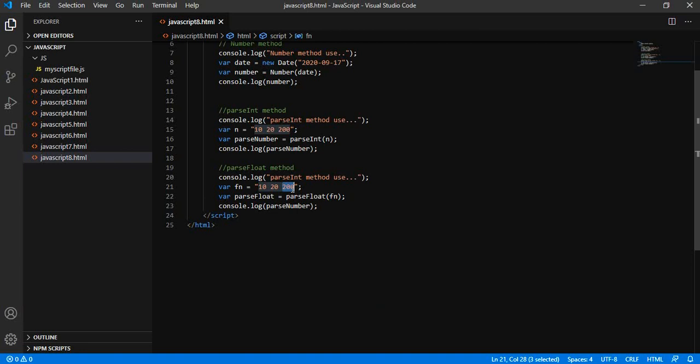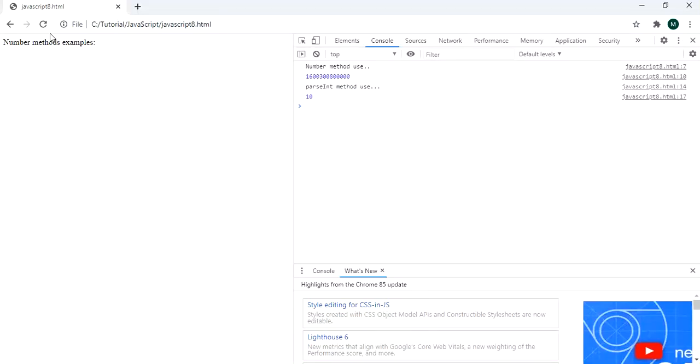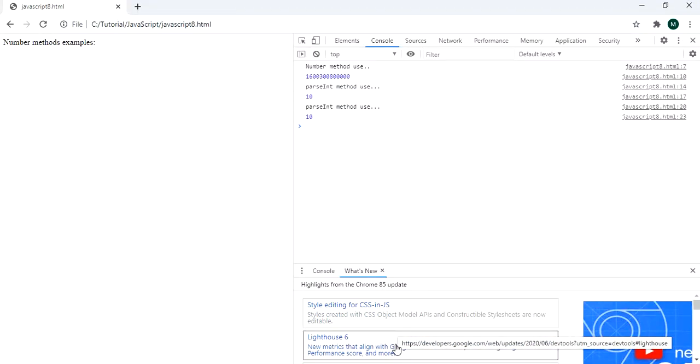And suppose I give the same value, then what should it return? It is returning 10.